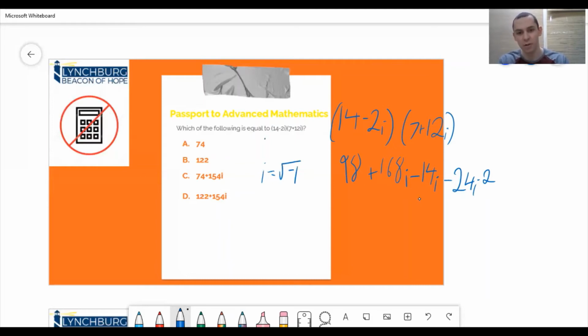And we also know that anything raised to the 0 power equals 1. And i is no exception from that. i raised to the 0 power is still 1. Now i